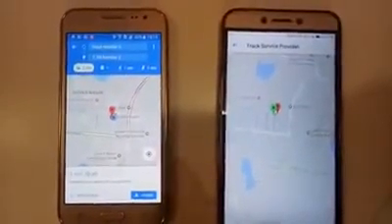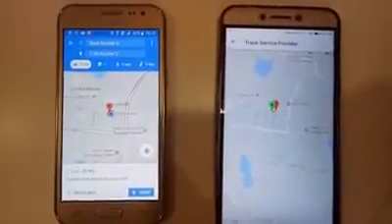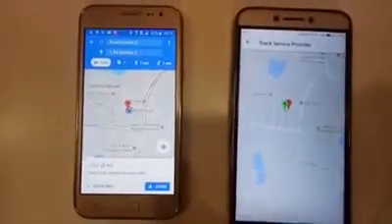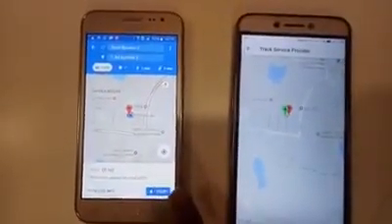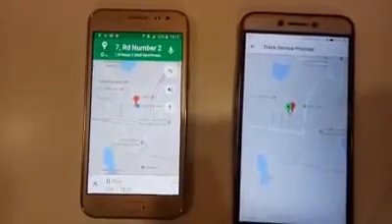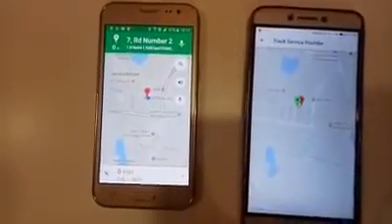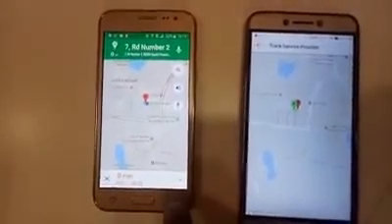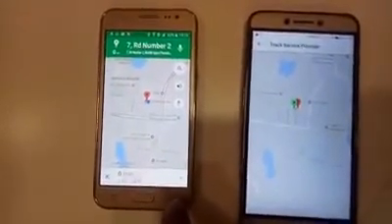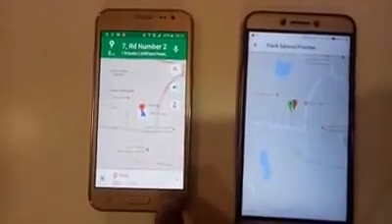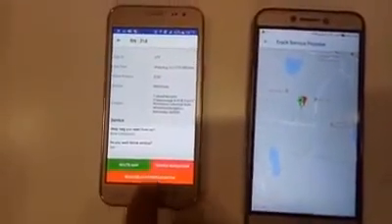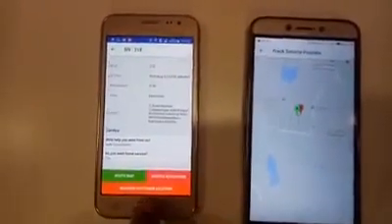If I just click on the start button, I get that you have arrived. Once I arrive at the user location, I will click on reach customer location.